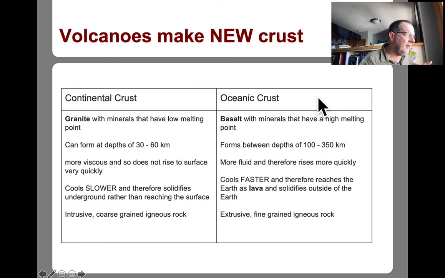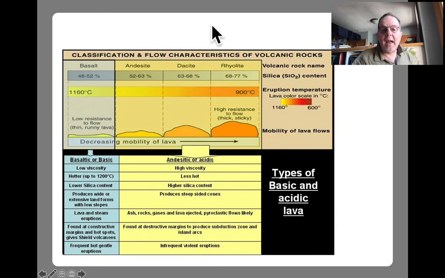volcanic rock is typically basalt or a rock similar to it. There are other types of volcanic rocks, diabase, andesite. So basalt with minerals having a high melting point forms between a depth of 100 and 350 kilometers, more fluid, rises more quickly, cools faster, and therefore reaches the earth as lava and solidifies outside. Extrusive, fine-grained igneous rock. And then we have different types of, again, I mentioned different types of lava which create